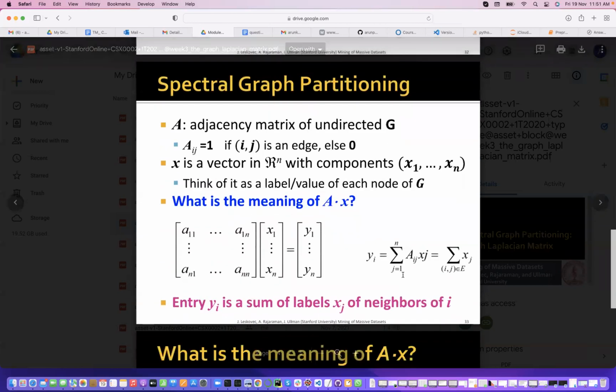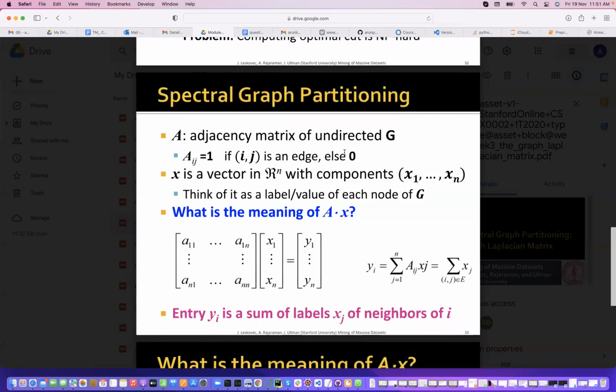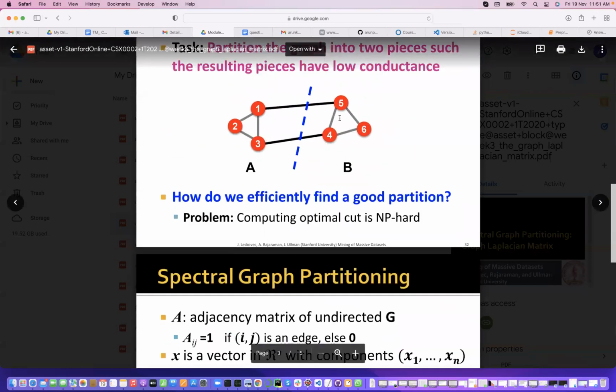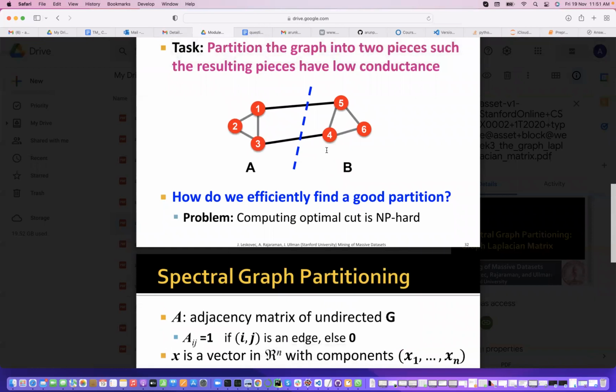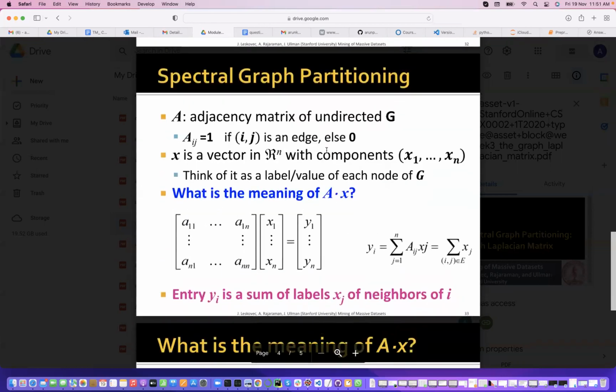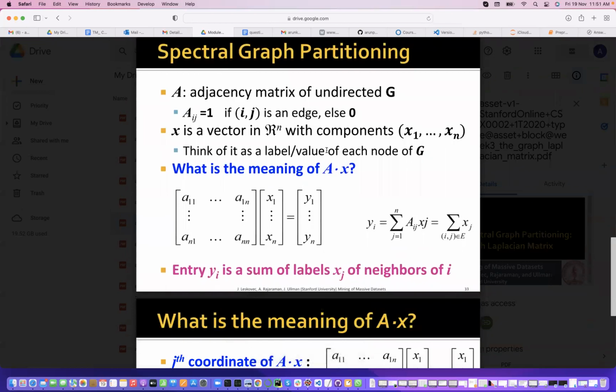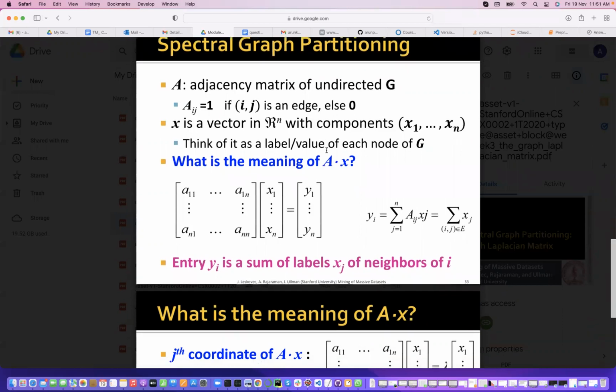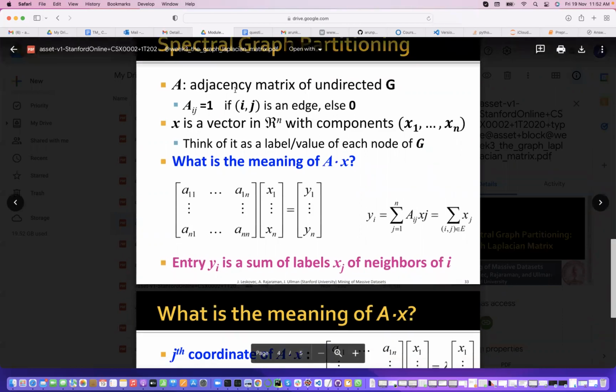Now, one more method is called spectral graph partitioning. If your graph is smaller, then you can apply this conductance approach. But if your graph is very big, then it is not feasible to apply conductance. So then they bring in lots of mathematical concepts. We'll see how much you understand.